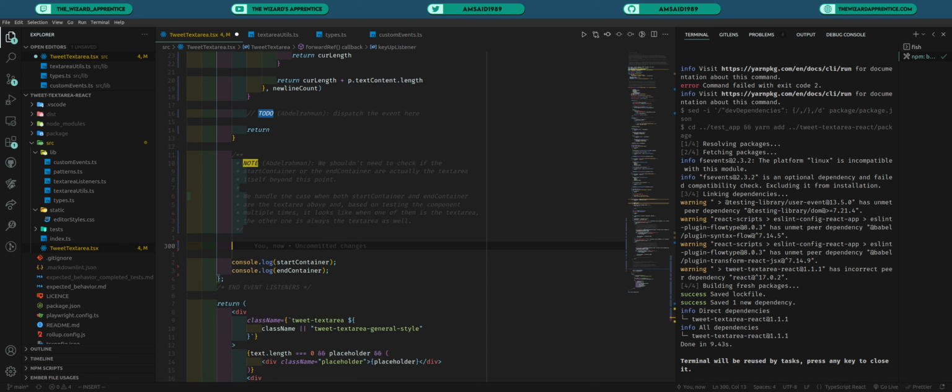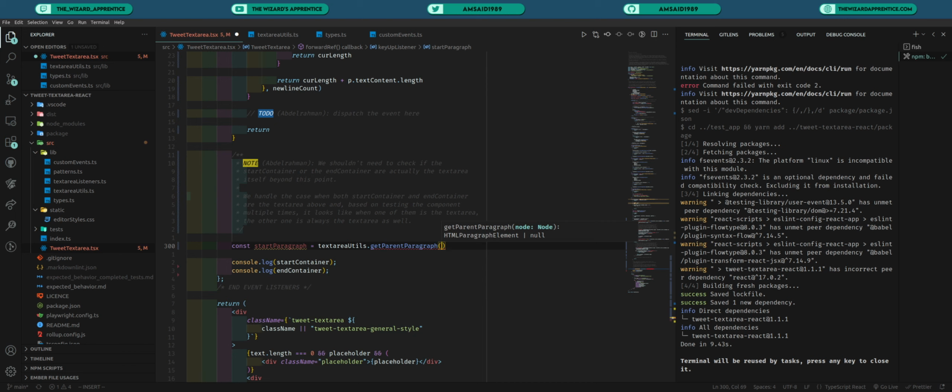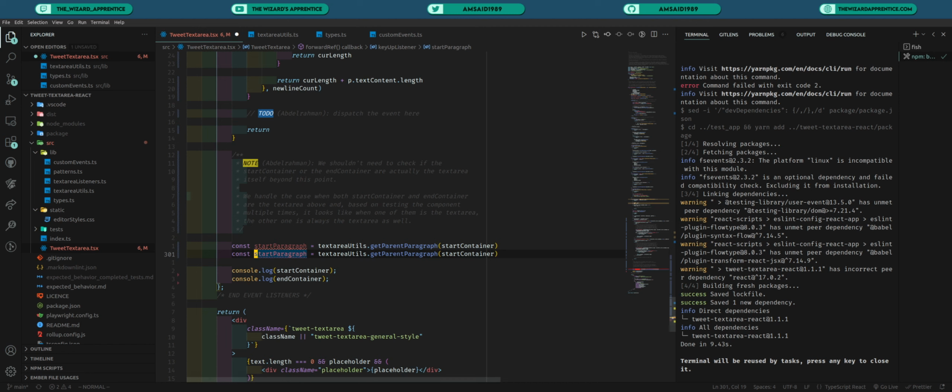So what we'll do here is we will get start paragraph equal get parent paragraph, and we're gonna have start container and end container,